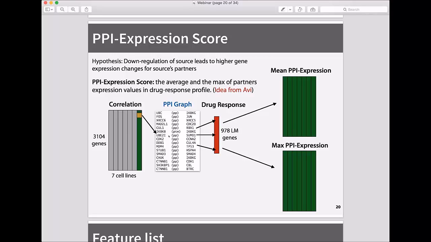The mean ranking decreases compared to using the correlation features, basically meaning that building this PPI correlation feature on top of the raw correlation score can enhance the predictive power. And then we also use this PPI protein-protein interaction graph to construct a different type of score. This is the idea from Avi, and it's very similar to the correlation score, but